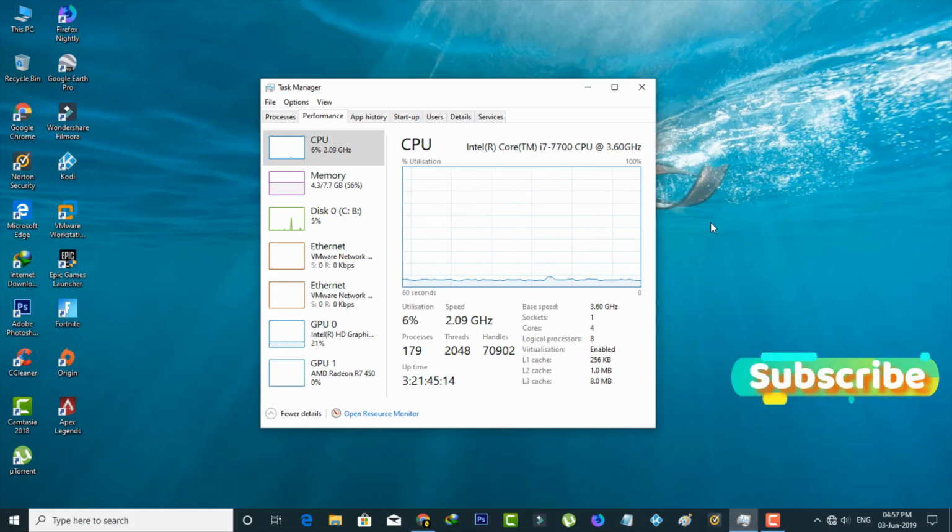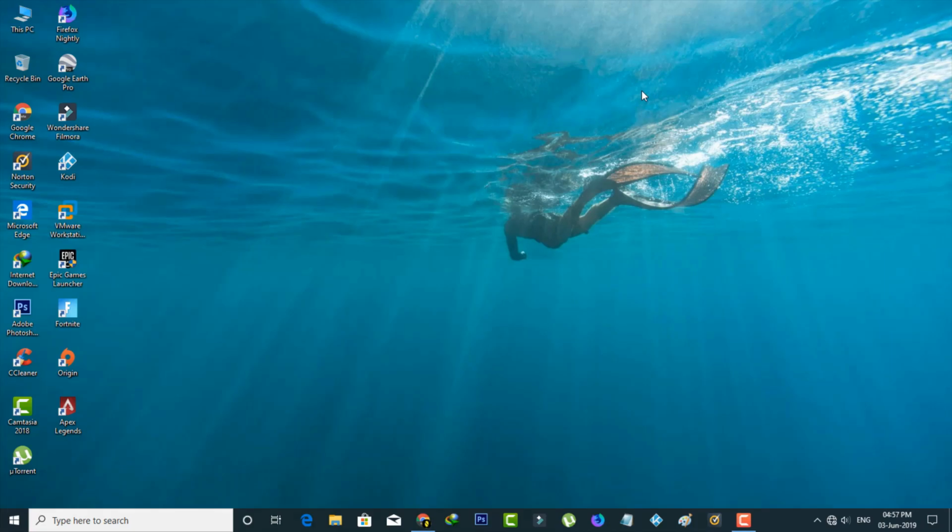But imagine, if you are using a low configuration PC, it will surely affect your Windows 10 performance and also slow down your PC. So to avoid this kind of problem, most people are searching for how to disable these startup programs. So if you are one of them, just follow me, friends. So let's get started. So first of all, open your Windows settings by pressing the Windows key on your keyboard,